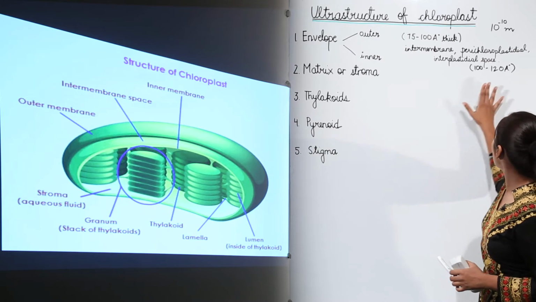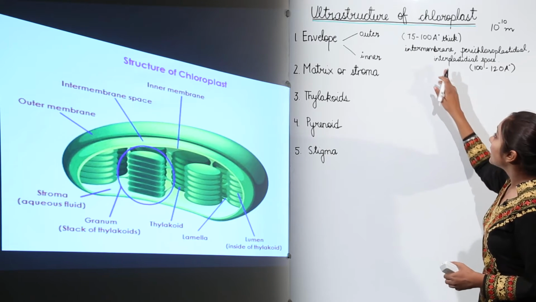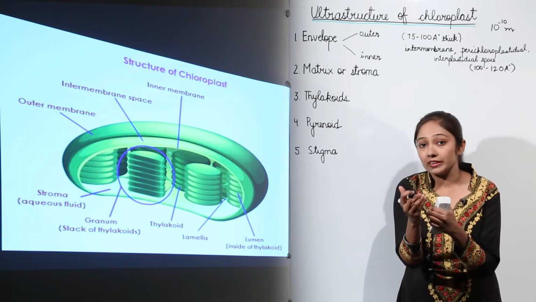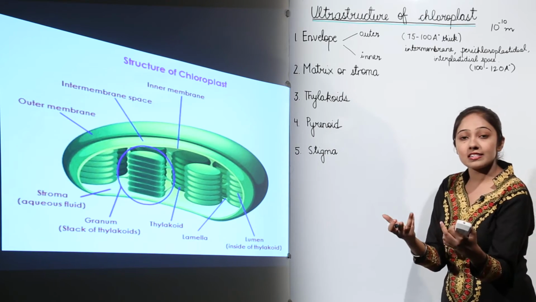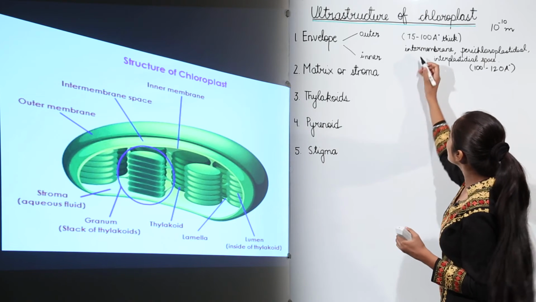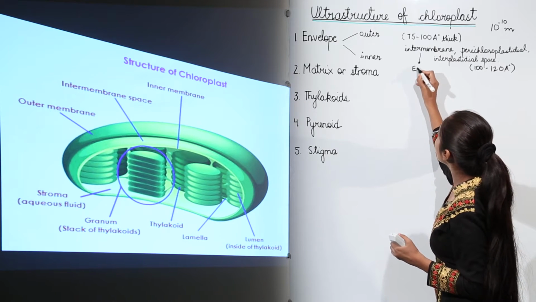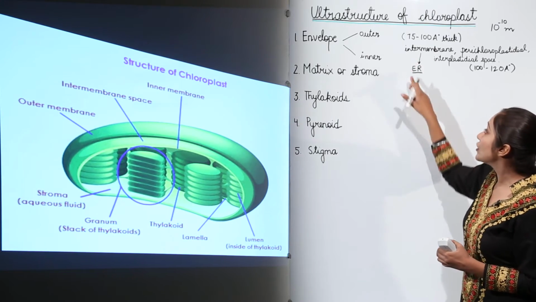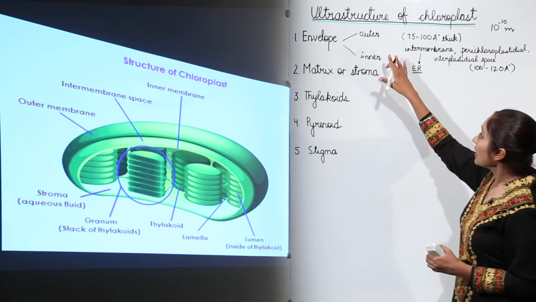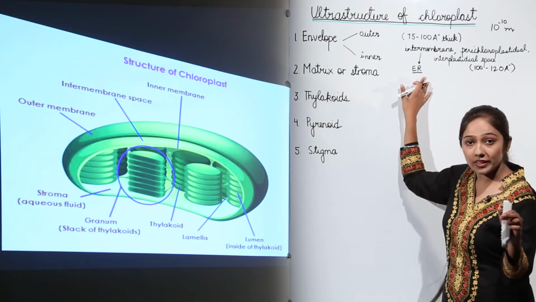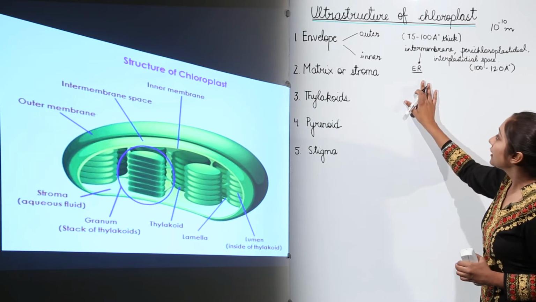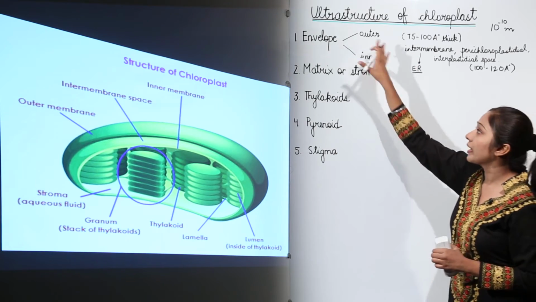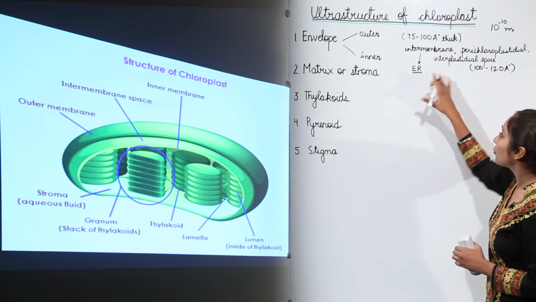Now when we talk about this envelope, it is also very important to say that the intermembrane space can communicate with an organelle, that is the endoplasmic reticulum. So this has a connection with ER. Your ER is what? Endoplasmic reticulum. So this intermembrane space can communicate with the endoplasmic reticulum. We'll discuss how this arrangement of the intermembrane space functions and helps the chloroplast, and how this happens.